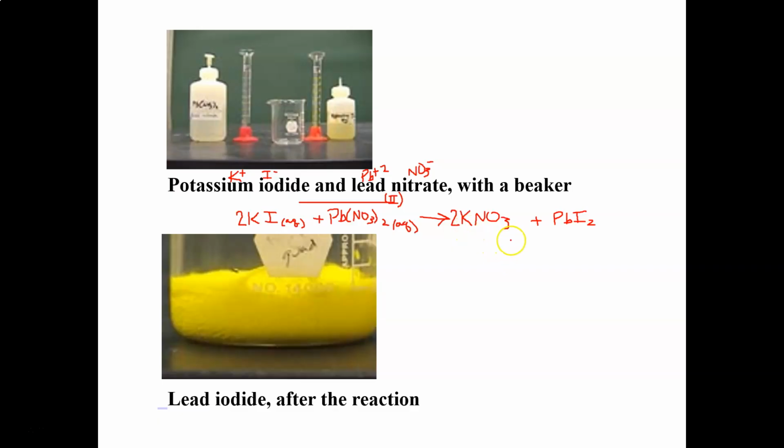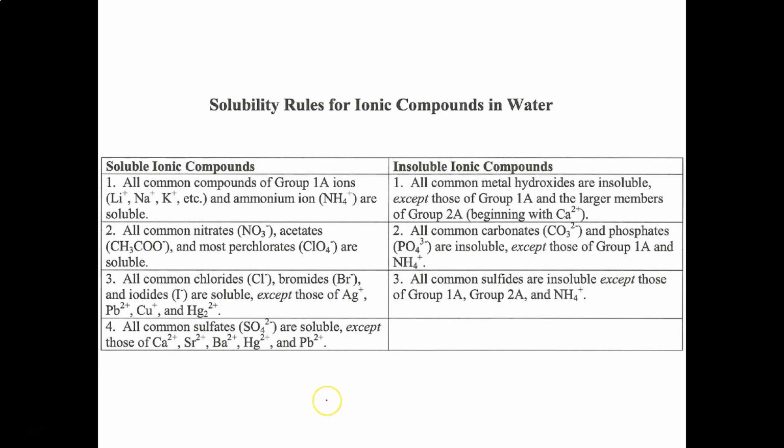When it's soluble, that means it does dissolve in water. That means it stays dissolved as an aqueous solution. That's not my precipitate. This is obviously going to be the precipitate, but let's just make sure by going back and looking it up. So this is lead 2 iodide, right? Lead 2